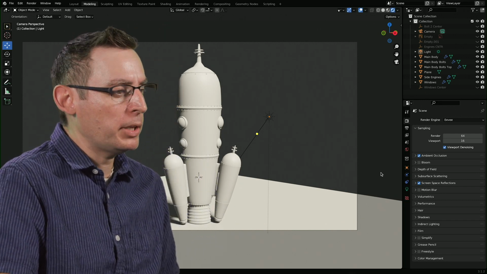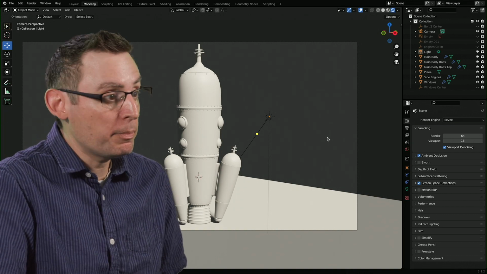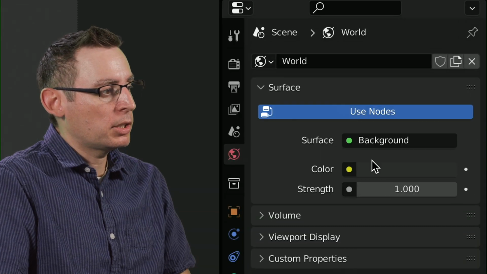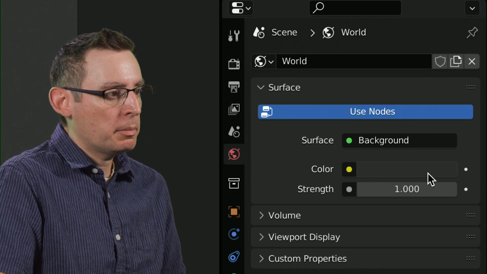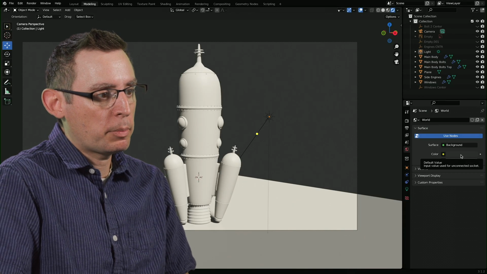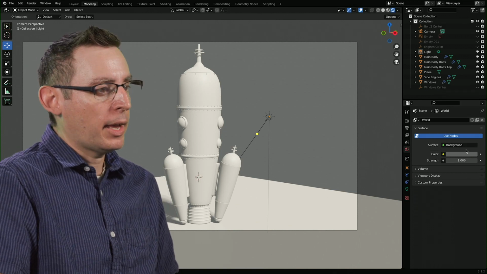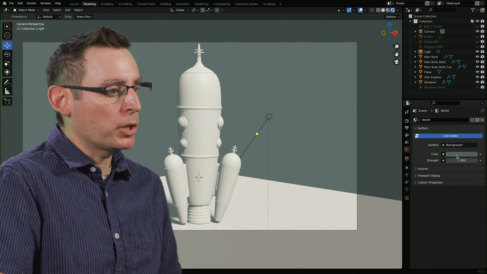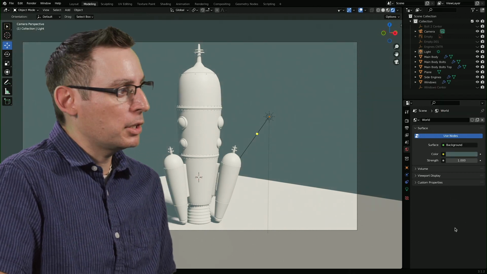I'm generally pretty pleased with this. I like the light, the gray background, not so hot, but we can change that. If you were to go into your world settings, which is this red icon right here, we can change the color of our background by adjusting this color swatch in the properties. Perhaps we make it a little bit brighter, something like that. Yeah, maybe we make it a little bit blue. I like that too. That's a little bit more on the green side, but at least we're getting there, right? It's starting to remind us of something other than just this black environment.